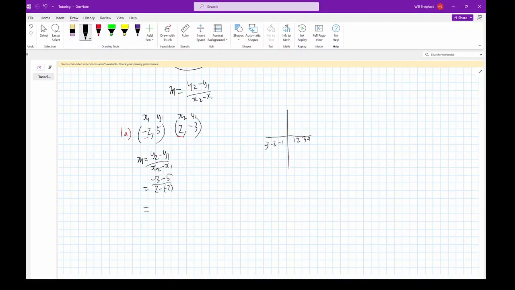So we start at negative 3 and we go 5 to the left, or to the more negative zone, which is going to give us negative 8. And then 2 minus minus 2, that's the same as 2 plus 2, which is 4. And negative 8 over 4 is going to be, they're both divisible by 4, so that's going to be negative 2 over